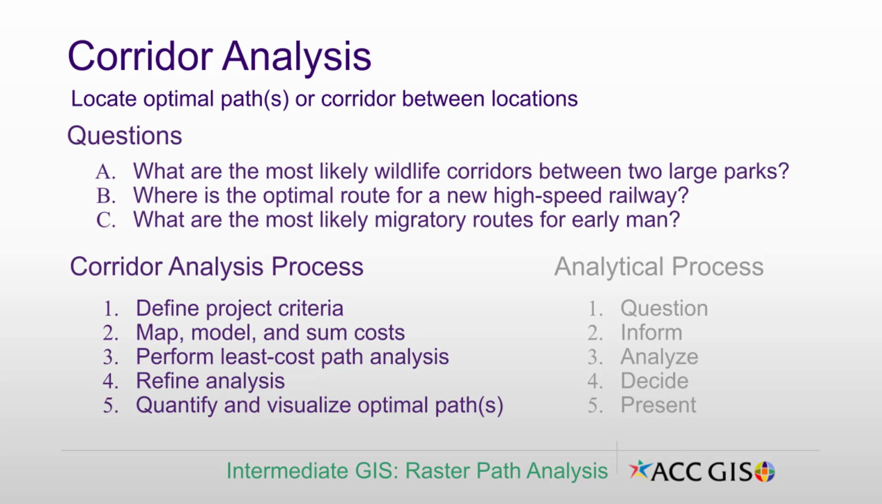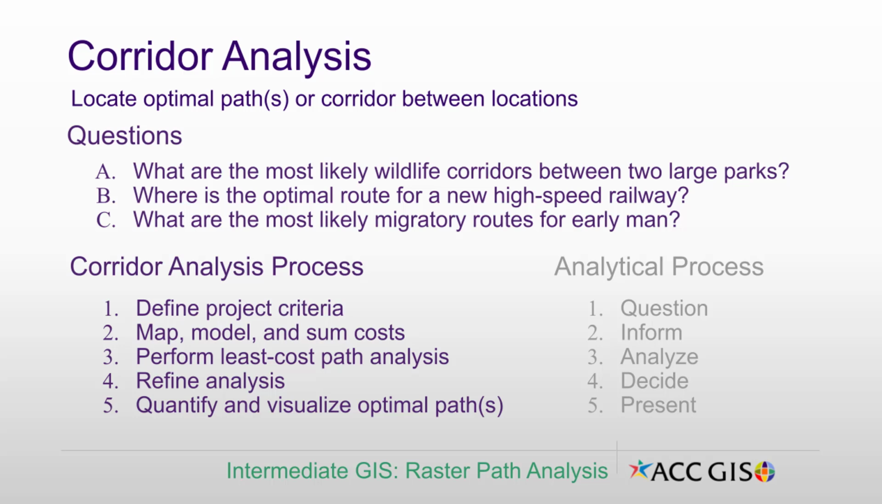And so we use corridor analysis to answer questions like, what are the most likely wildlife corridors between two large parks? What is the optimal route for a new high-speed railway? Or what are the most likely migratory routes for early man? And we can use our general analytical process, question, inform, analyze, decide, and present, to construct a corridor analysis process